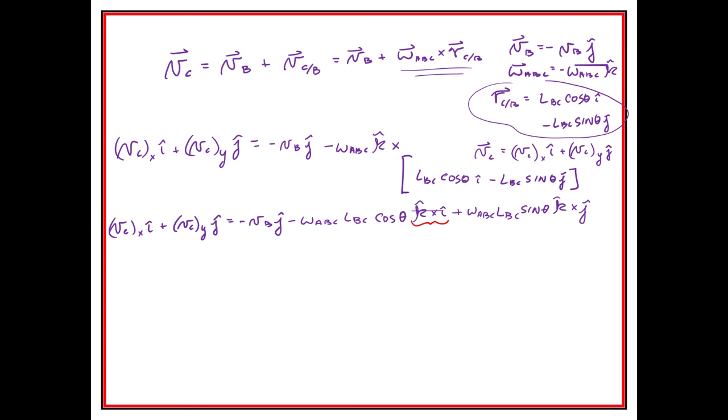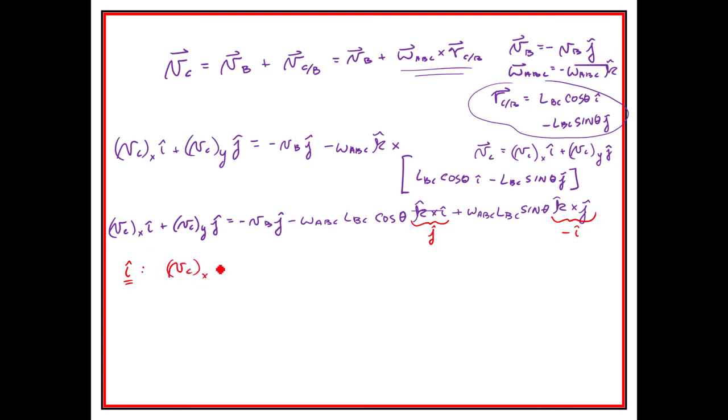We find that K crossed into I is positive J, K crossed into J is negative I. So let's just group the things together, right? Let's go in the I direction. We end up finding